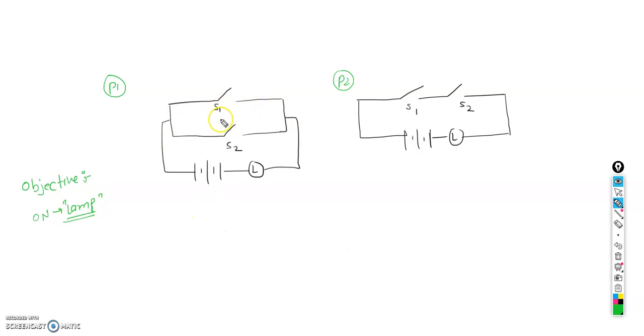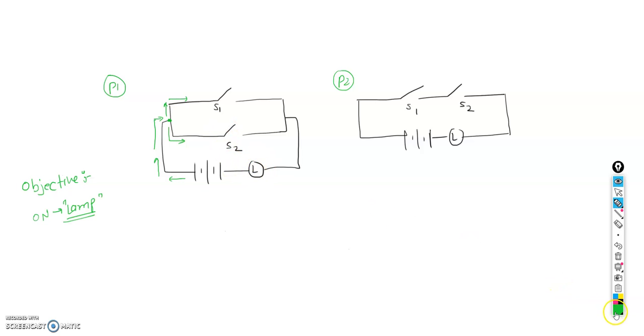Suppose this is a given circuit. Now our objective is to switch on this light. Suppose this is a way where your current is passing. When your current reaches here, it is going to split into two parts. Half will flow from this way and half might flow from this way. So now, your objective is to switch on the lamp.